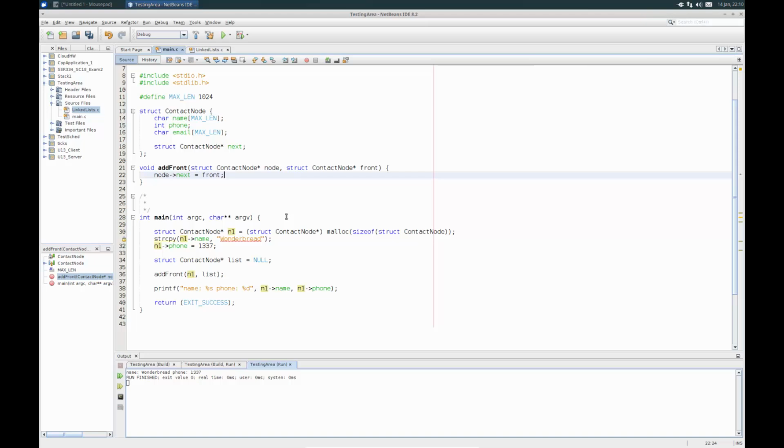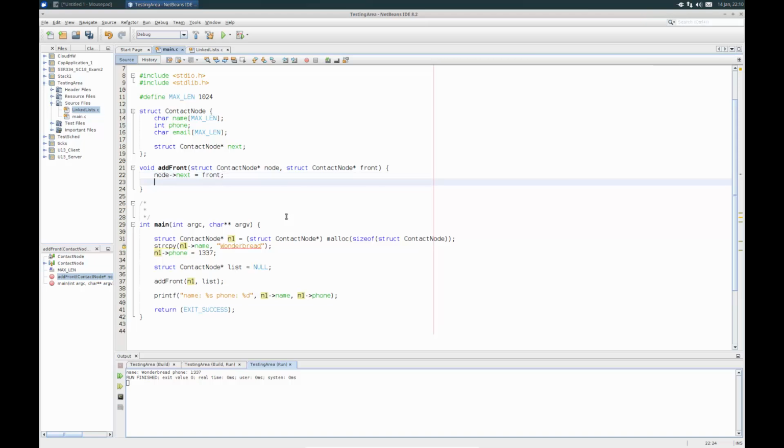So in that case, we'll set that next to be equal to the list we're adding to, right? That's what our line there is doing. So that's our step one. That looks pretty good. The second thing we want to do is update front to be looking at that new frontmost node. Before, front was looking at whatever was the old front, now we have a new front. And so we do it like this. We say front equals node, meaning that front is now that node that we just added. This is the second step that we talked about earlier.